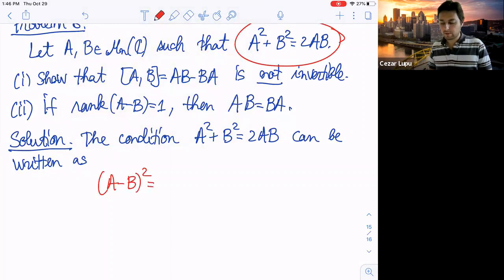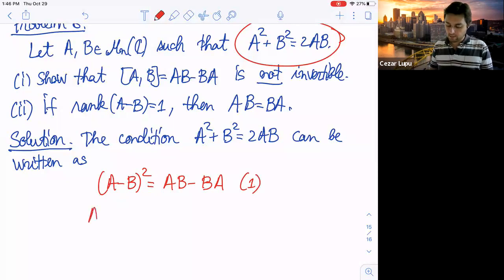So this is a squared plus b squared, but this would be ab minus ba. Let's call this 1. And on the other hand, a times a minus b